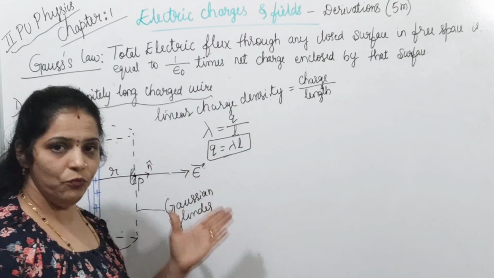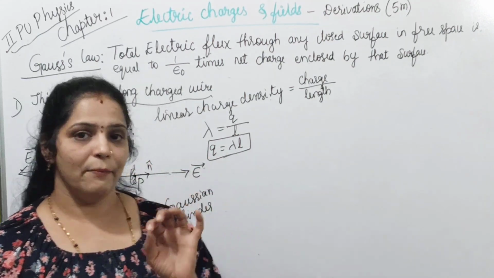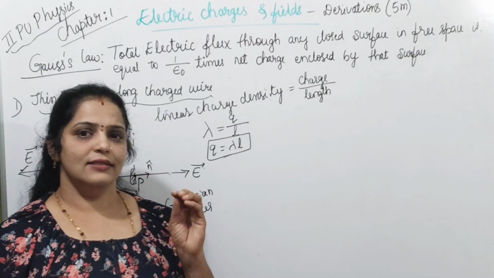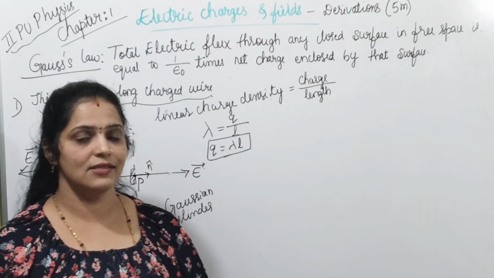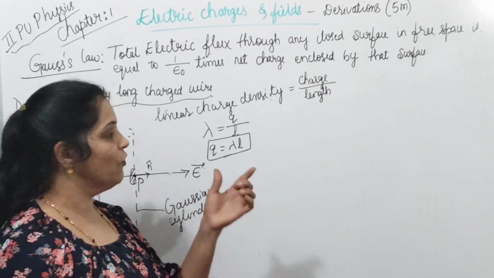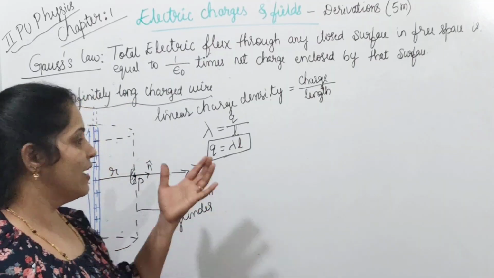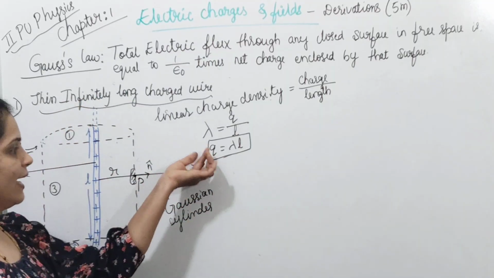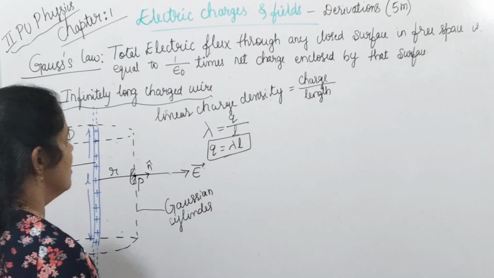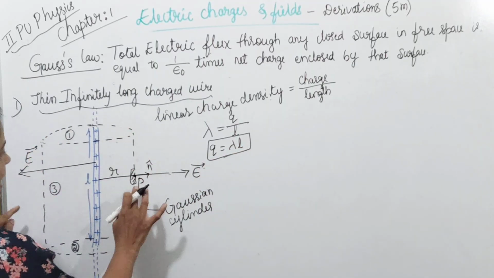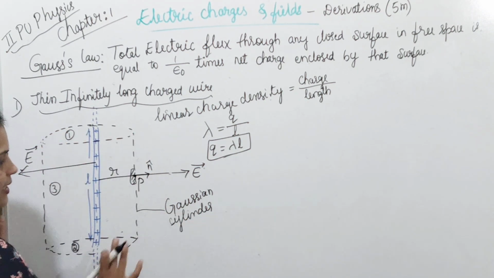This is applicable to macroscopic bodies. Here we have taken a one-dimensional, very large charged wire. If it is a microscopic body and the charges are not continuous, in the case of discrete, quantized charges, then we write Q as plus or minus Ne. Whereas for macroscopic bodies, if it is one dimension, we write Q as lambda L.